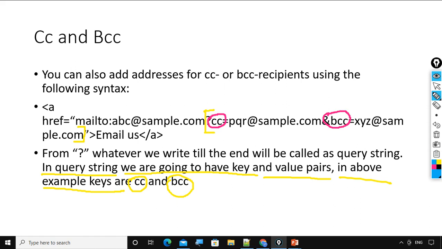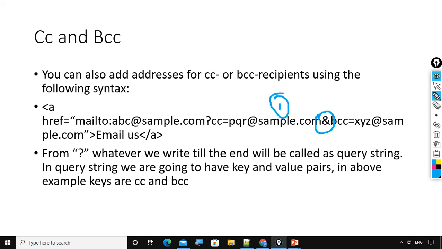See here, after the equal to sign I have written one sample email, a dummy email. Okay, this is the value. And let me explain how I have separated these key and value pairs. With the help of the and operator, I have separated these two key value pairs. Understood?